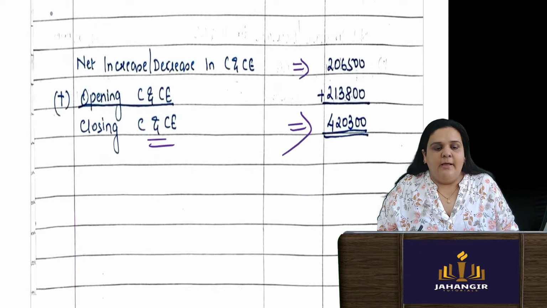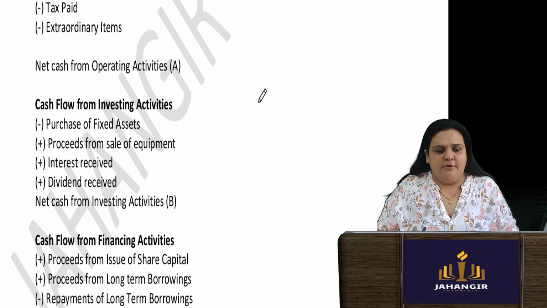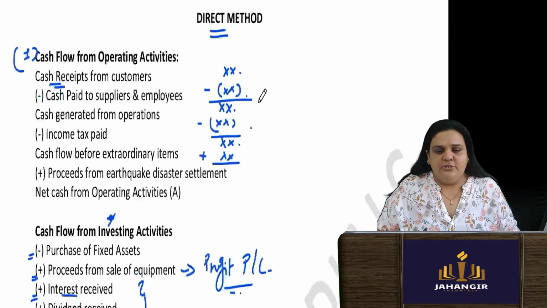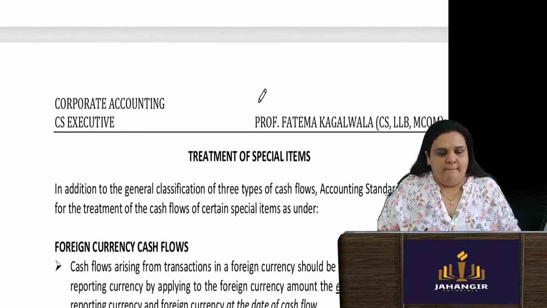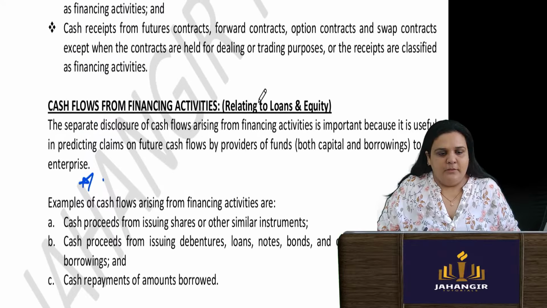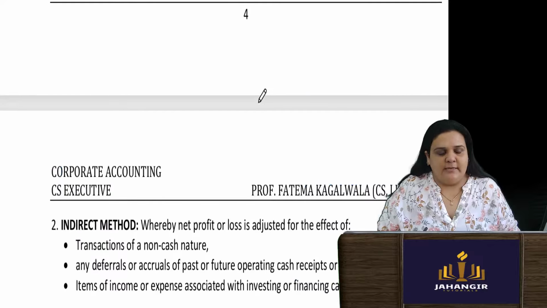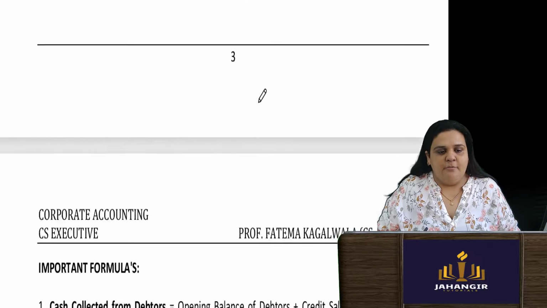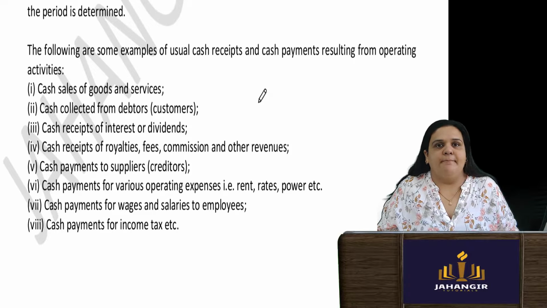Okay. Now I am coming back to my theory which I had given to you all. Just to make you all understand, now you will be able to get it. So we did cash flow from financing activities, did it from investment. We also did it from operating activities, right? Direct method.